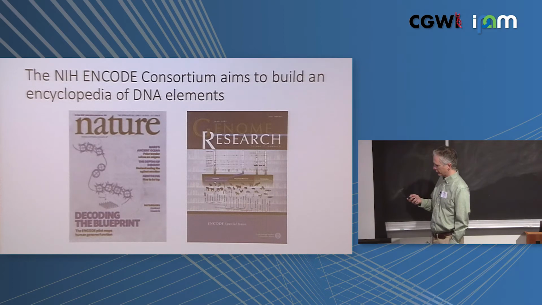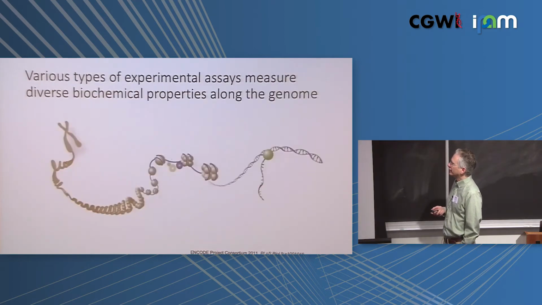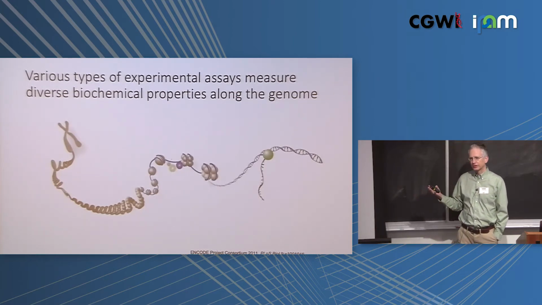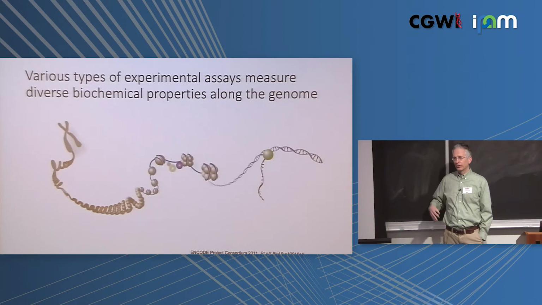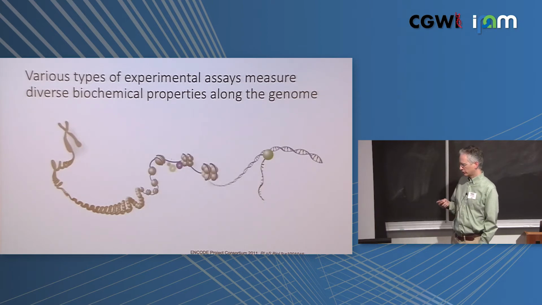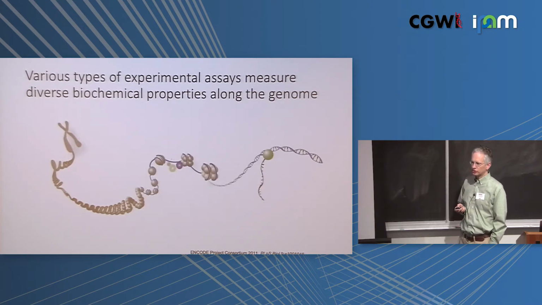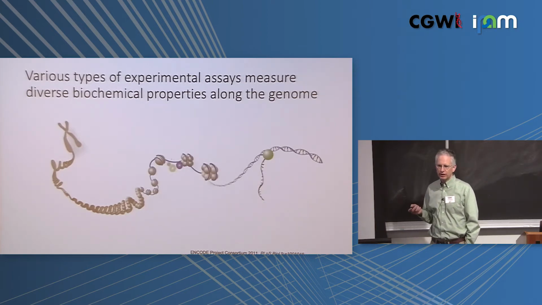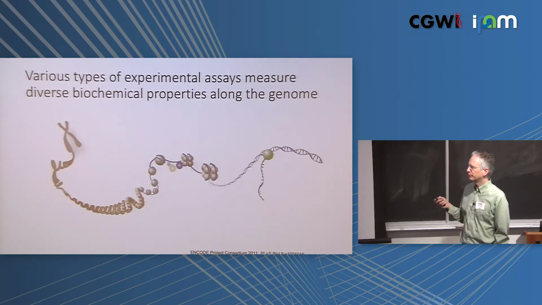My group has been involved in Encode since the beginning, and we're basically trying to develop methods in that context to make sense of the large amounts of data that Encode and other kinds of consortia like it are producing. Yunjun alluded to some of the kinds of data, but let me just go over what types of data we're looking at. In Encode, basically all of the data is high-throughput sequencing data, and it measures different aspects